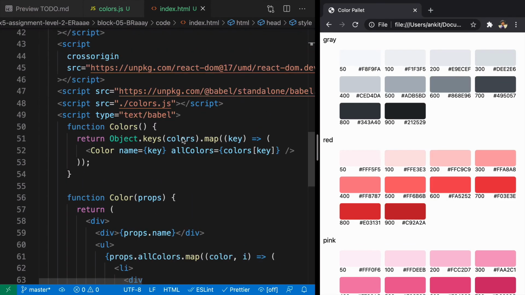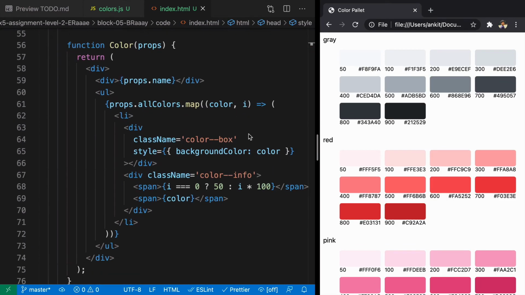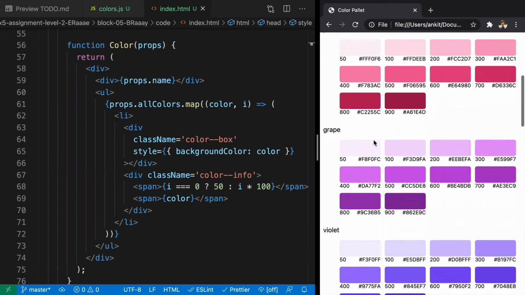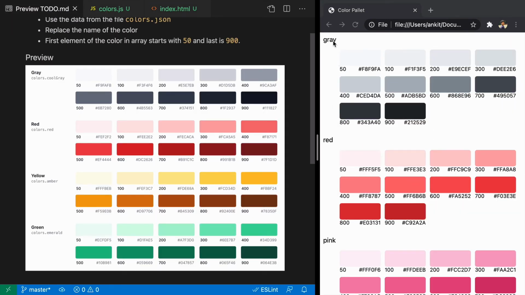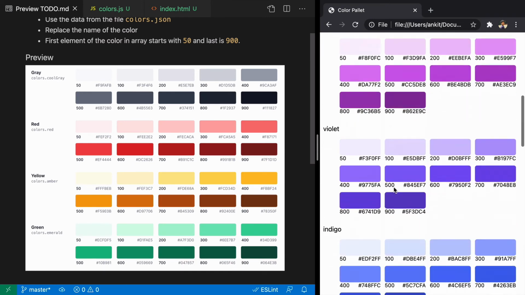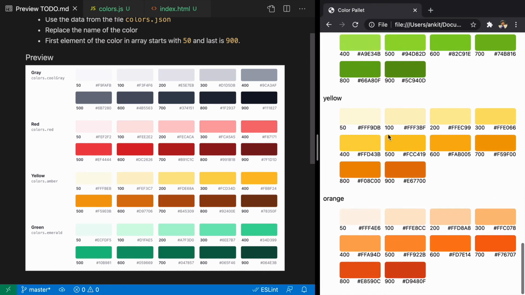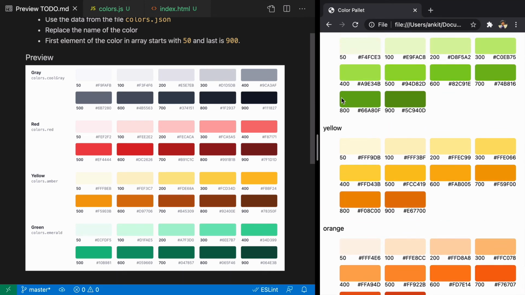So now I've added this style for all these things. If you take a look at it, now it looks exactly like the way we wanted it to look. So here we have gray, and then we have all the different colors that we have here. And similarly, we can go down and we have the same thing, starting with 50 and ending at 900.